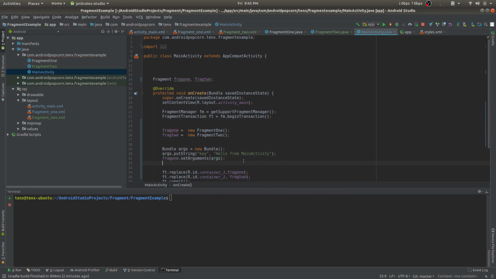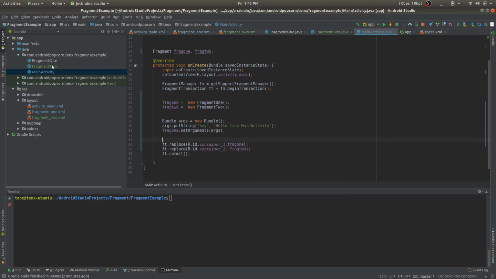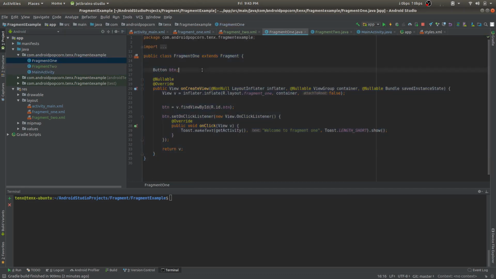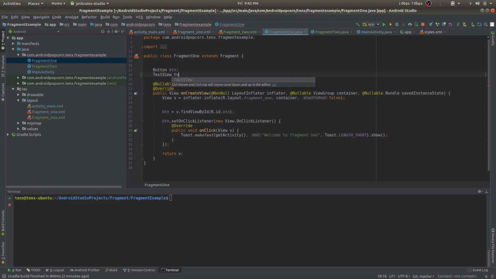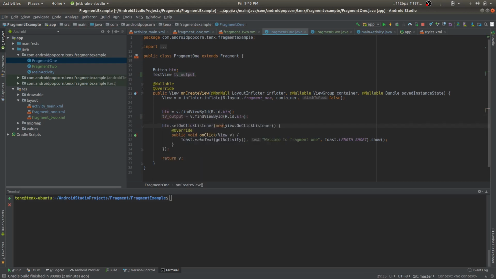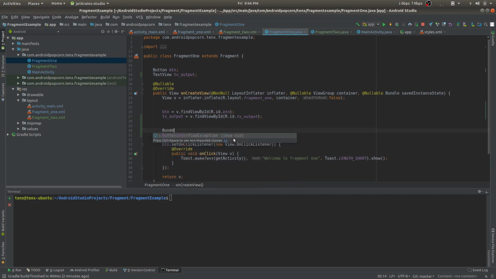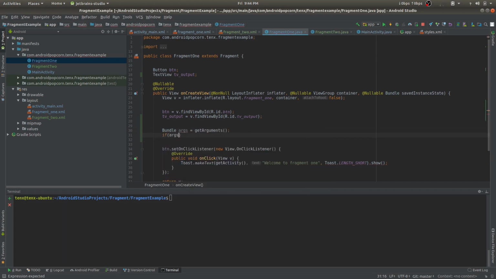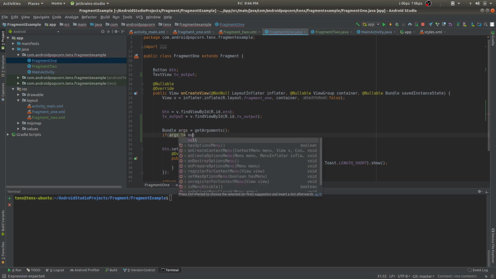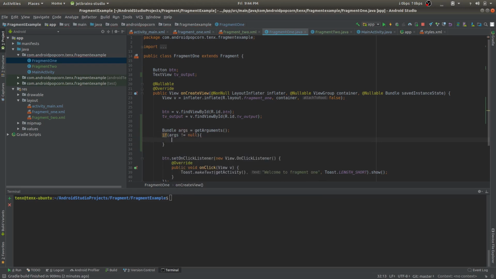So we have the bundle inside fragment 1, so all we have to do is receive it on the other end, and we have the text view output here. Let's initialize it first. And to receive the bundle, we have to say getArguments. Let's check if the argument is null. If it is not null, we are going to try to retrieve the data from it